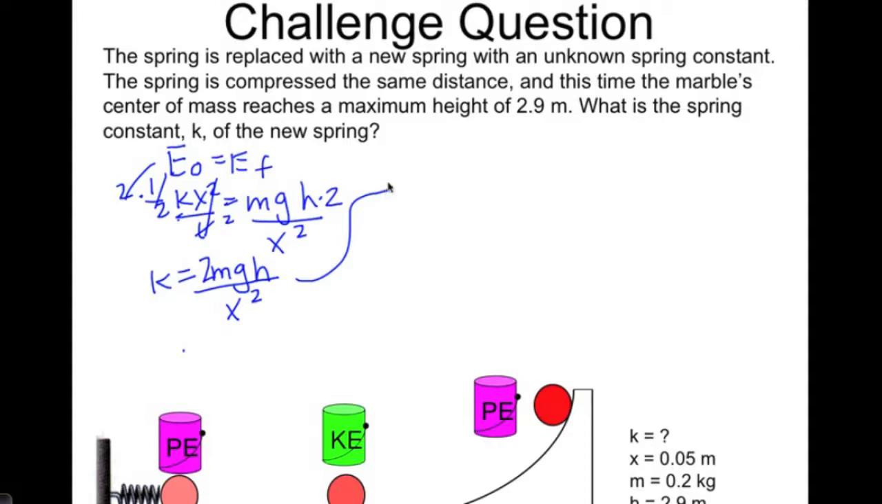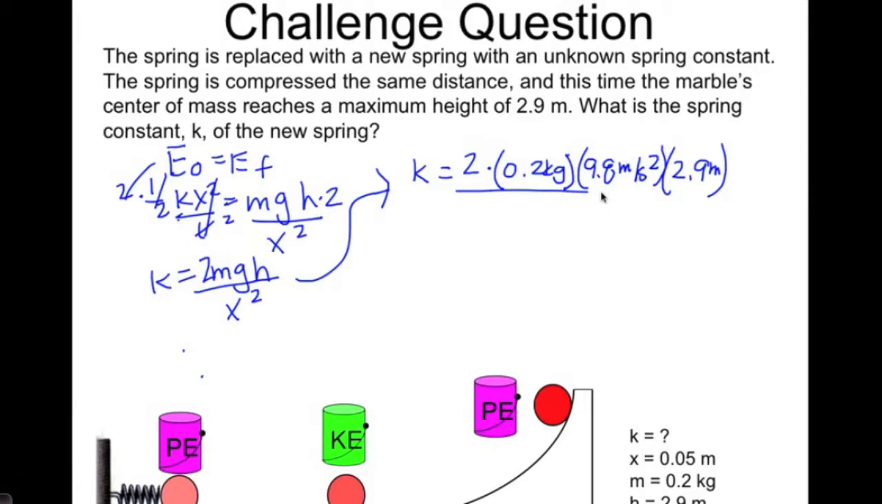When we plug in our values, we get 2 times our mass, which is 0.2 kilograms, times gravity, 9.8 meters per second squared, times our height of 2.9 meters, all divided by how far our spring is compressed initially. And it's compressed the same amount as last time, 0.05 meters. Let's square this value since x is squared in our equation. When you solve for k, we get a higher spring constant than before,